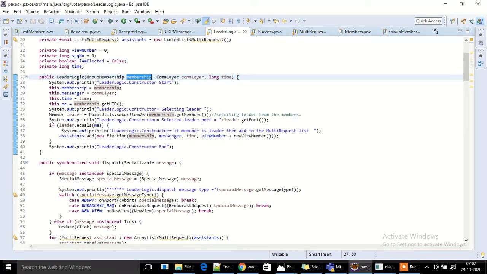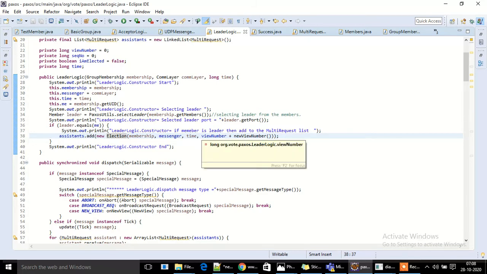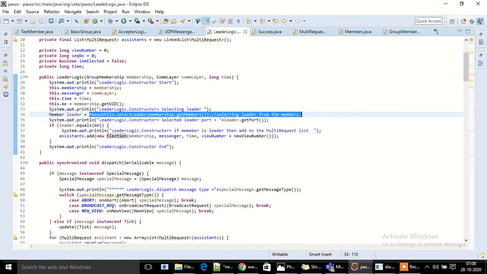If that is the leader, we create an election message, so this is where the election class comes into the picture. Here we are creating the default leader at the constructor, so while initializing we will have a default leader.